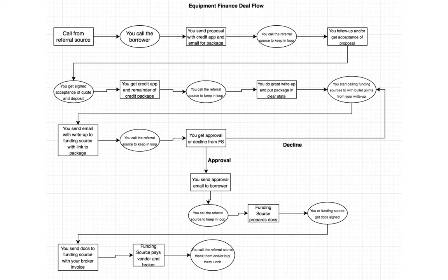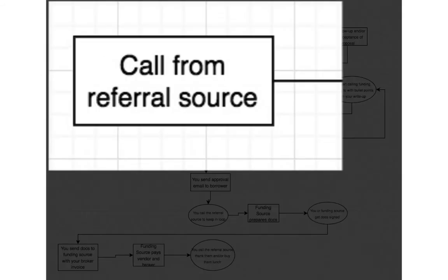Okay, so here's what happens. You get a call from a referral source saying, hey Buzz, I have a customer of mine that wants to finance this piece of construction equipment, for instance. And I've taught you in other videos, I always teach an annuity approach to this business. I think your best line of attack is creating referral partnerships. If you're going after equipment finance, that's typically going to be with people that sell equipment, but you can also get referrals from bankers who are declining deals. You can get them from CPAs, you can get them from attorneys,